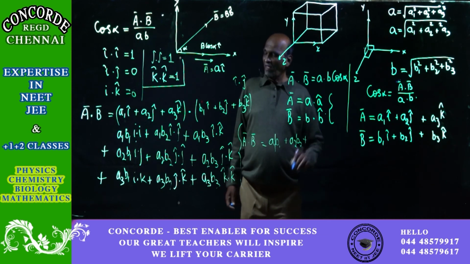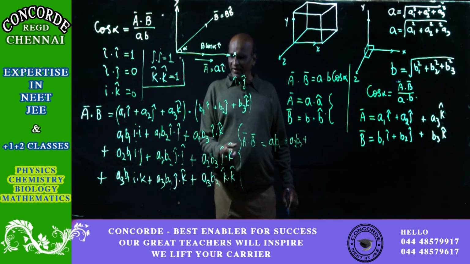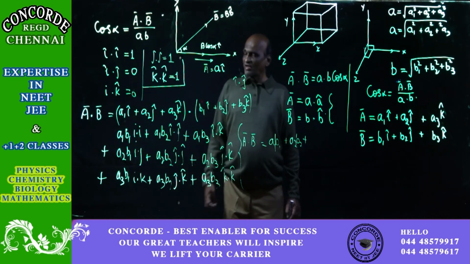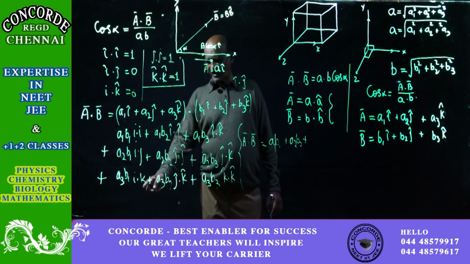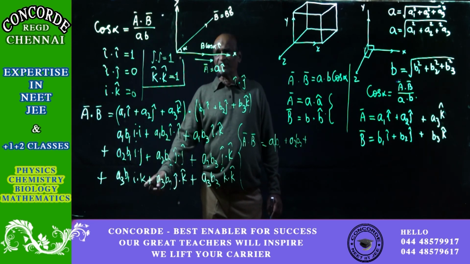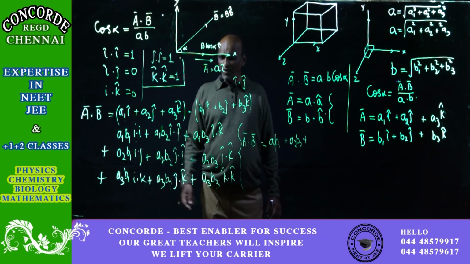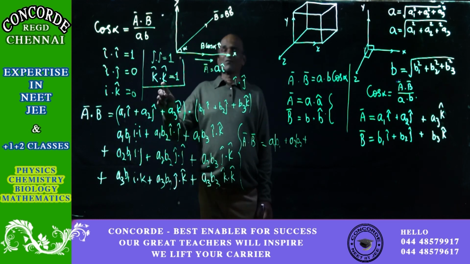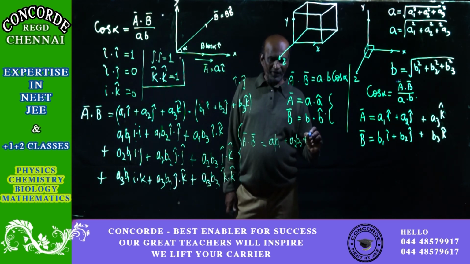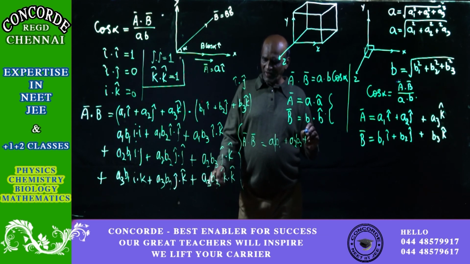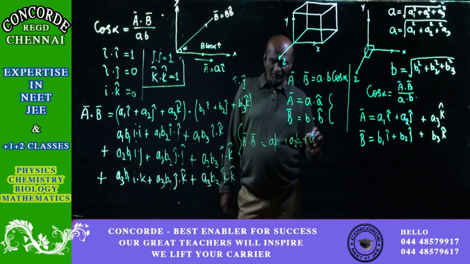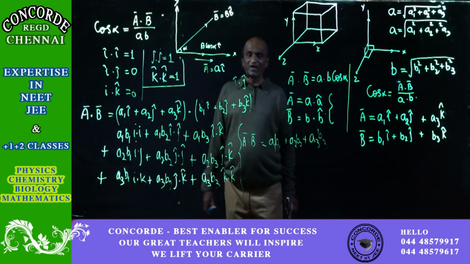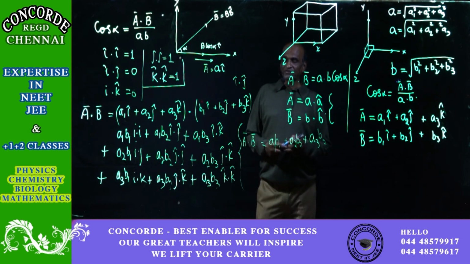And then plus here J dot K is 0. Only J dot J alone is equal to 1. See there I dot J is also 0. Then in the third term we have got I dot K. Again both are at 90 degrees. So the result is cos 90 equal to 0. Leave it. J dot K again 0. Here K dot K is 1. So we have got plus K dot K is 1. Other things are all equal to 0. Leave it out. So now the end result is A3 B3 will remain. So this is the value of A dot B.